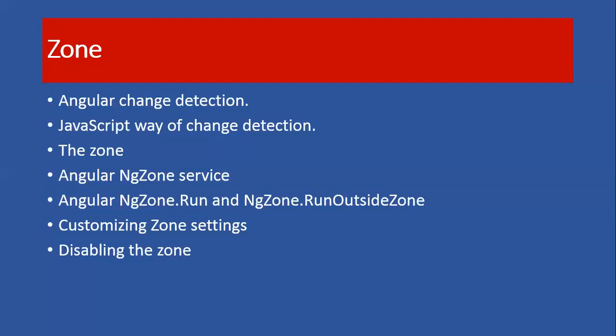So what is zone? Zone is a way by which Angular detects the changes. Zone is provided through a library. In Angular, zone provides the execution context for the data, and it also provides monkey patching for the events. So whenever certain events occur, Angular detects them,